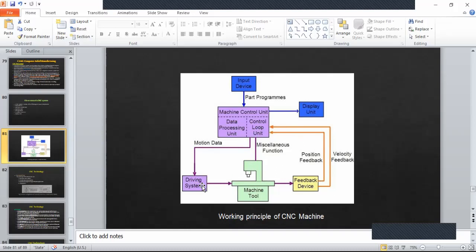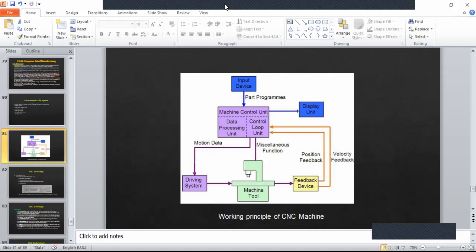And you see, in the driving system, it's not just one motor that is driving it. For each axis you have a different motor, right? To be able to move in this axis, you have to have a dedicated motor. To be able to move like this, you have a dedicated motor: X, Y, and Z. The more axes you have, the more motors you need, isn't it? So that's how.